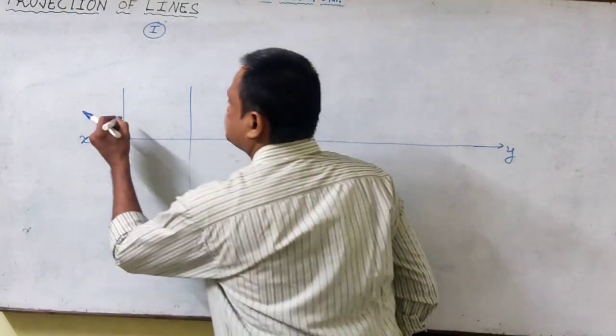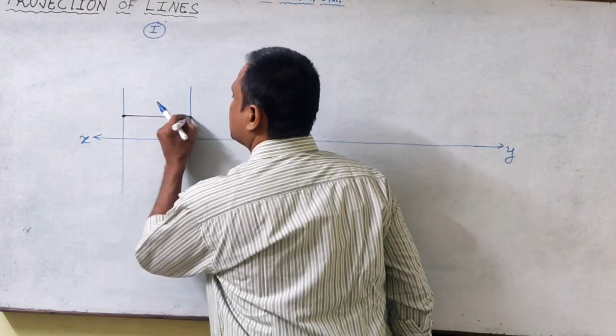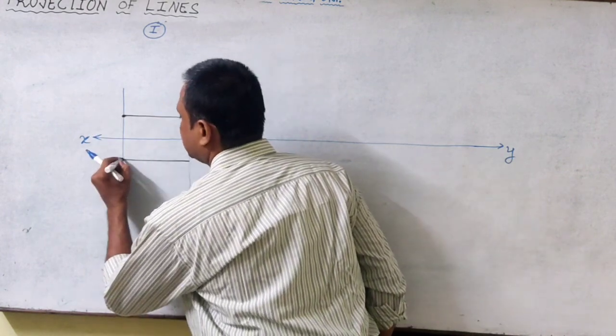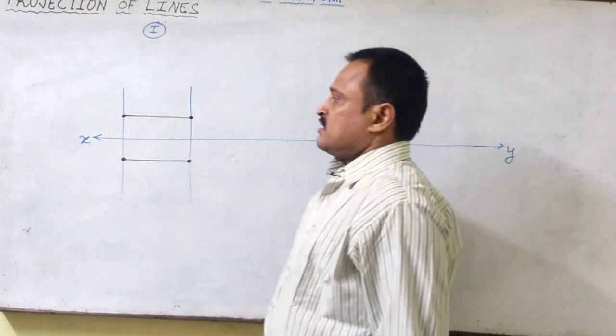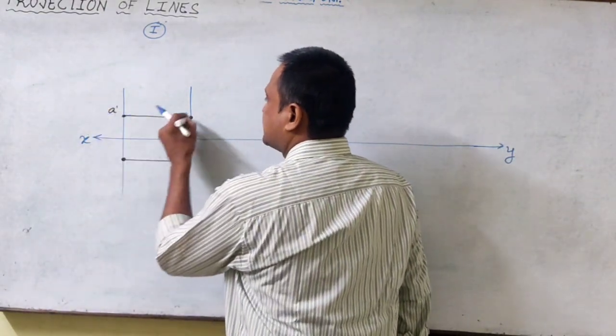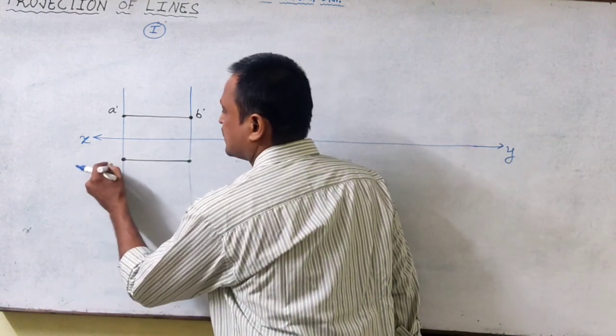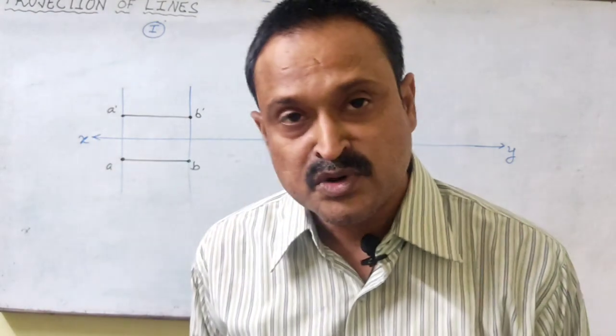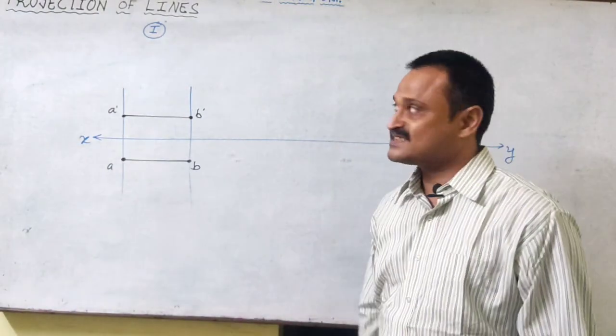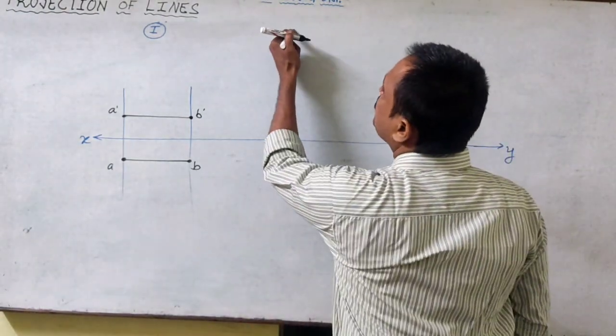So we get the front view image and top view image both parallel to XY. So this is what we have seen, A dash B dash, AB. So front view and top view both are parallel to the XY line, or the reference line. Now case 2,